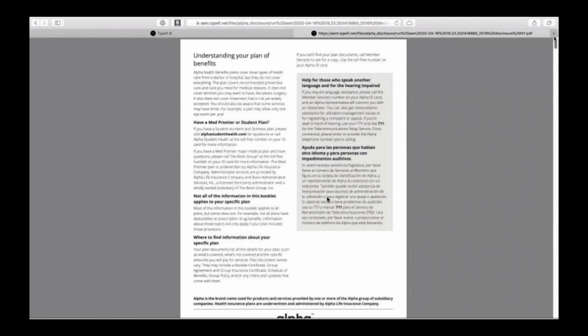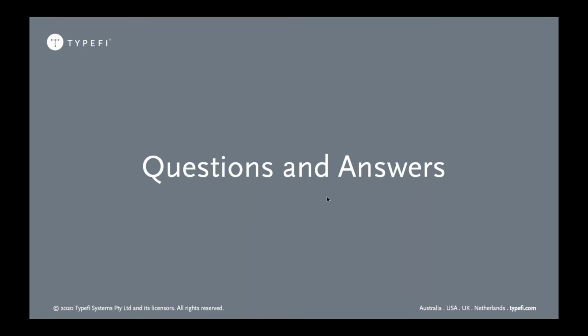So with this solution, you get the full power out of Adobe Experience Manager to author and manage your component-based content and combine it with Typefi's modular templates and workflows and Adobe InDesign creative layouts and designs. And that's it for the demo.